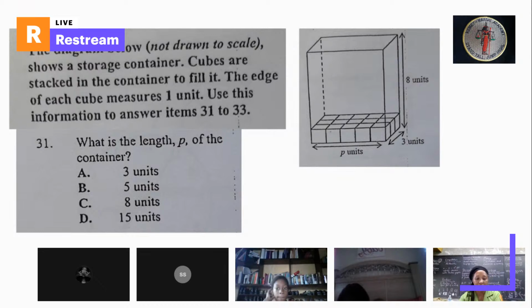Amari, you want to tell me that one? What is the length of the container? Miss, the length of the container is, miss,